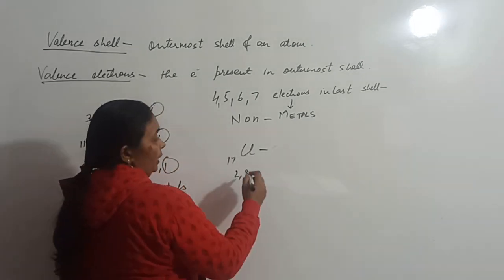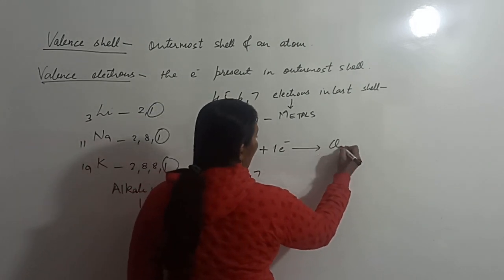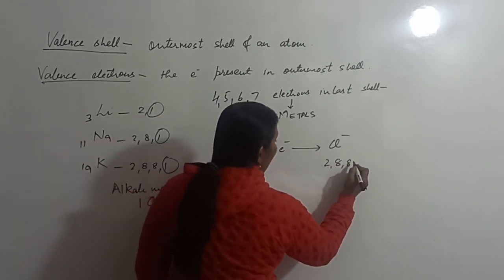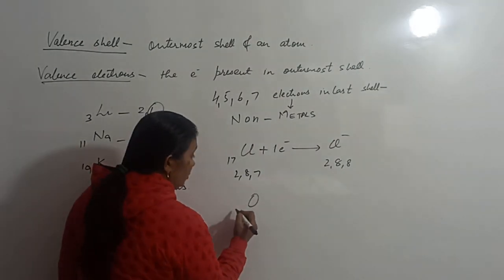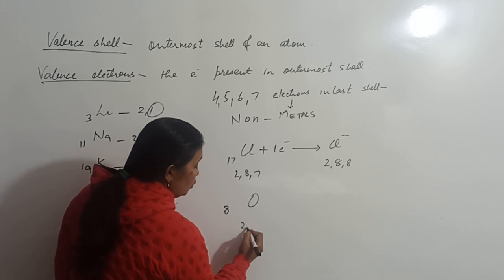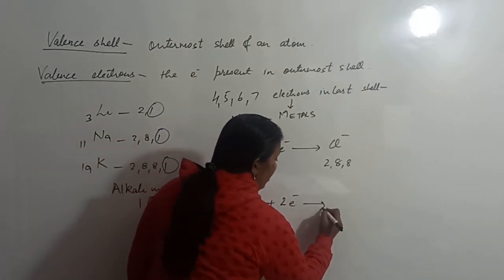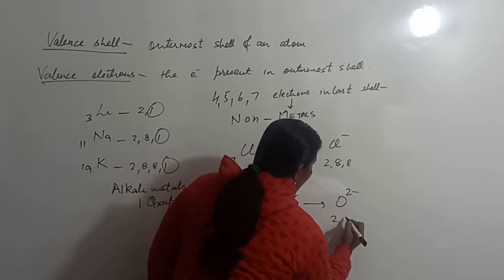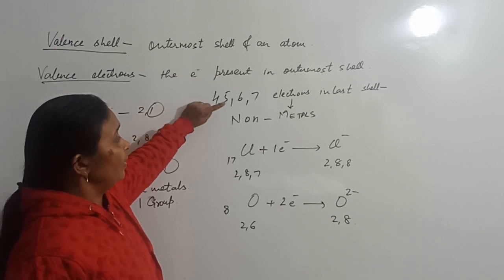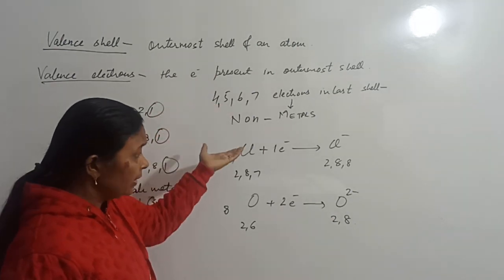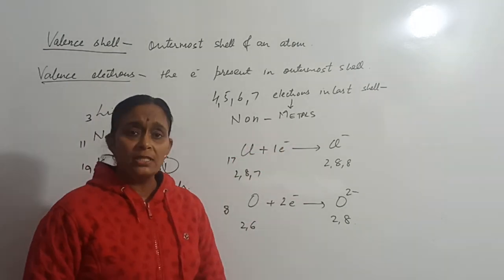Then what does it do? It can gain 1 electron and form Cl minus, 2,8,8. It can form a negative ion. Similarly, oxygen, atomic number 8, configuration 2,6. It will also gain 2 electrons and form O2 minus, and it will become 2,8. So these atoms with 4, 5, 6, 7 electrons tend to gain electrons and form negative ions